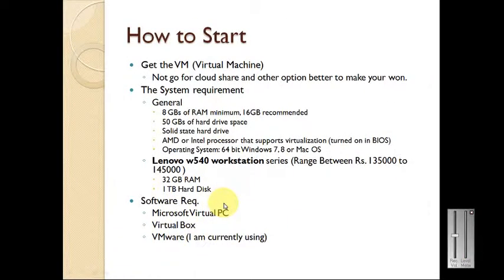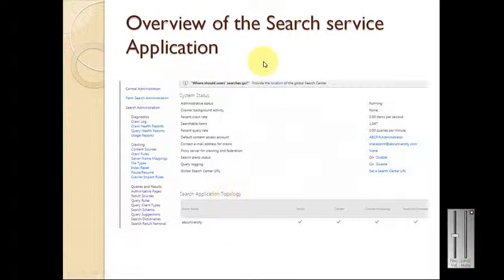So okay, let's start with the overview of the service application. I will give you the overview of the whole way we navigate the service application. I'm not going to show how we can configure the service application. I'm supposing that you have downloaded the VM from VMware,